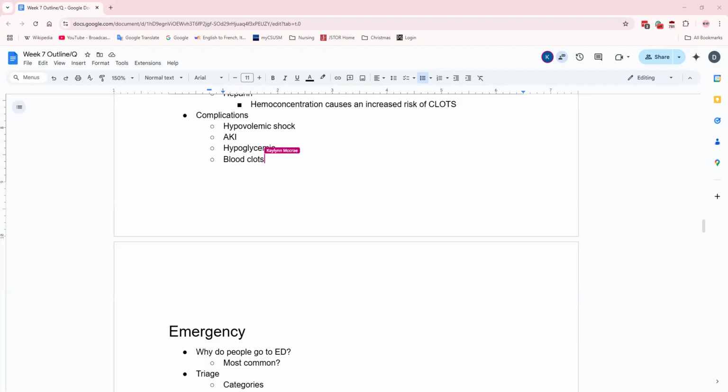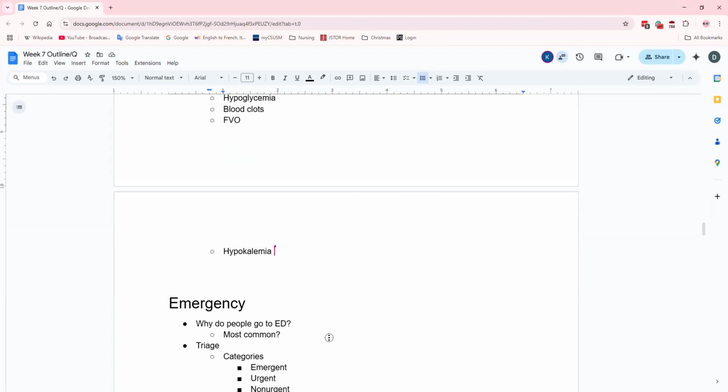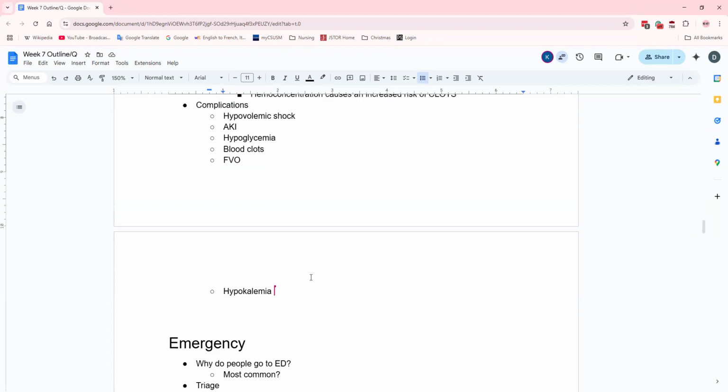We have risk of, how do you spell this? Hypokalemia. Technically they're also going to have possibly hyperkalemia, who knows, but most likely hypokalemia with HHNS, because we're giving insulin, pushing that back into the cells.